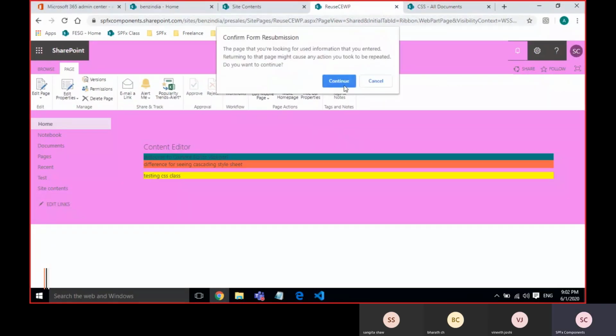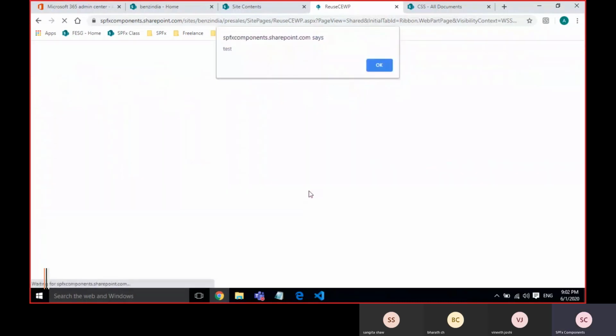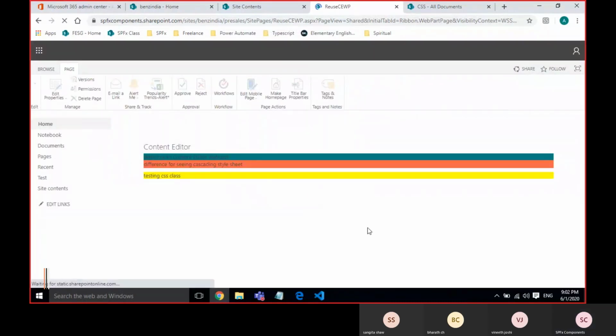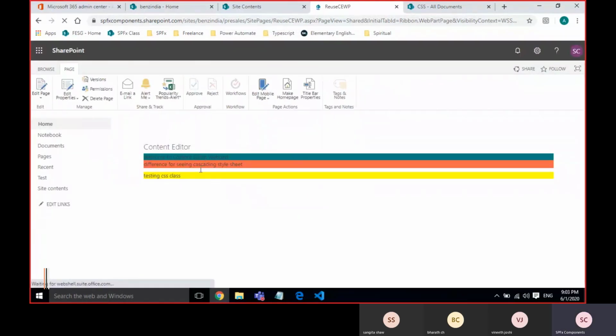Here one more problem is, sometimes this CSS or whatever JS files won't reflect in the actual page. I think you have observed that in the first refresh it was not updated. Correct? My violet was still applied. In the second refresh, it happened.